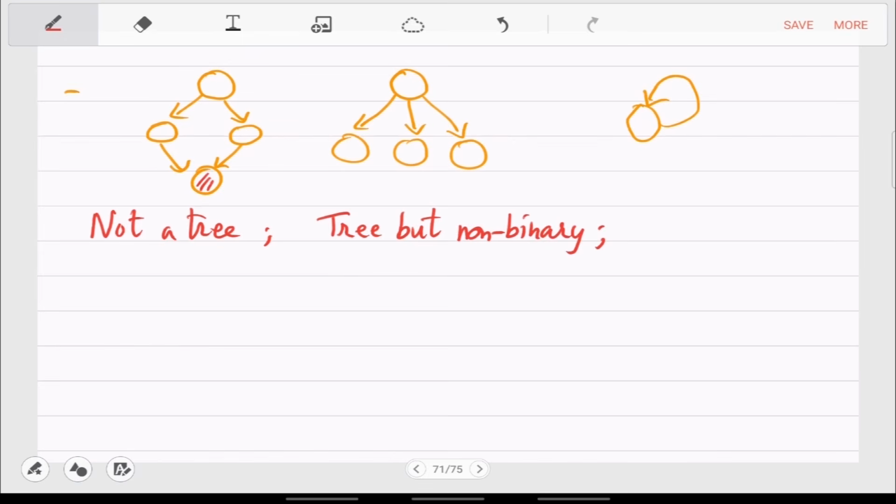And this one has a loop. Okay, so hopefully this tells you what binary trees are and what they are not.